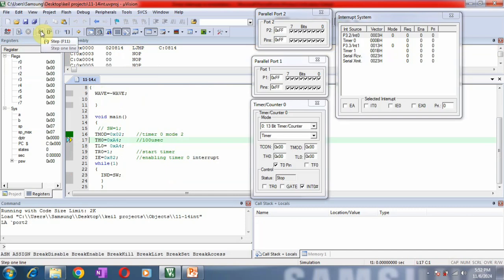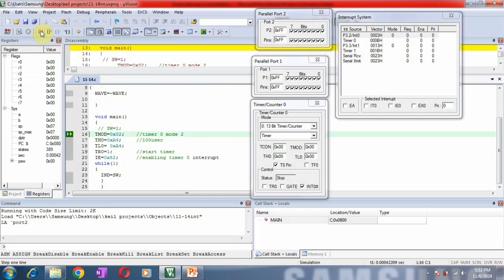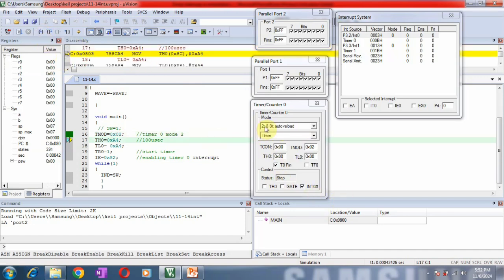So first it will come to the main, and the first line, TMOD equal to 0x02, will get executed. Now you monitor this timer or counter window. Initially the mode is mode 0, that is a 13-bit counter, which will now change to mode 2. So now you can see the mode is changed from mode 0 to mode 2, that is a